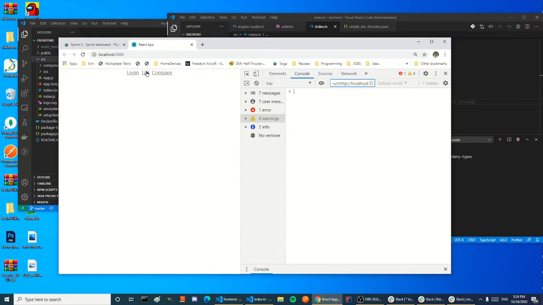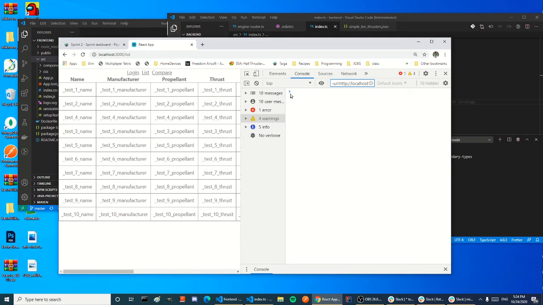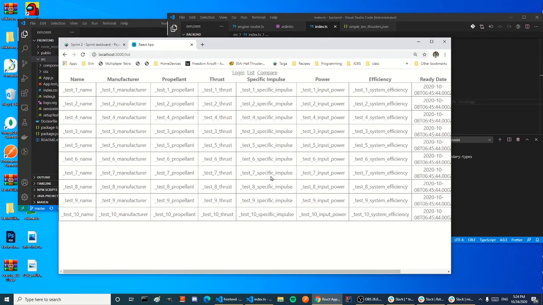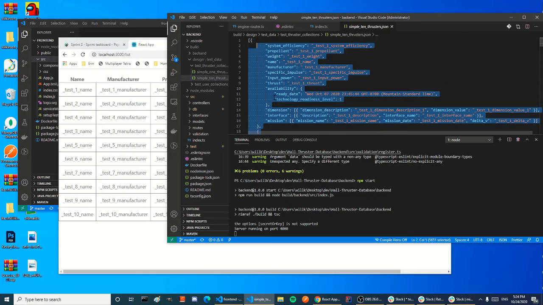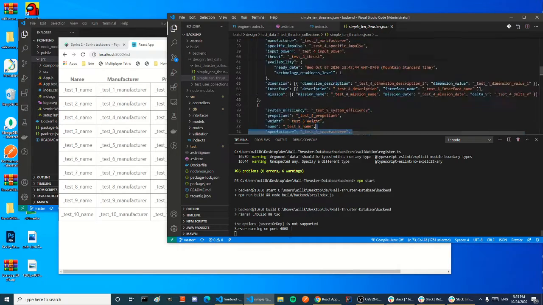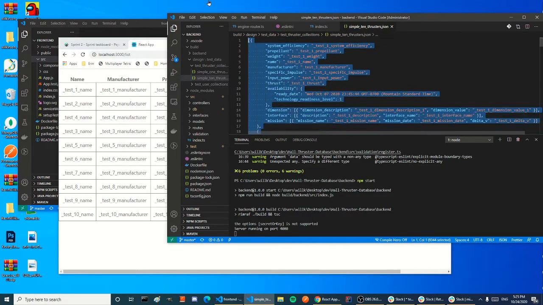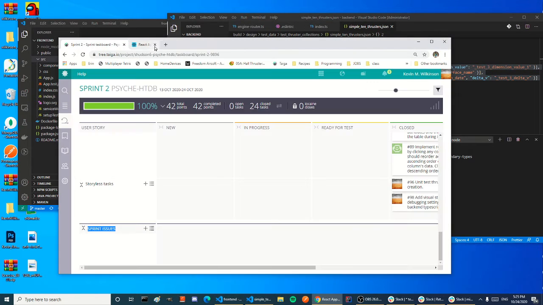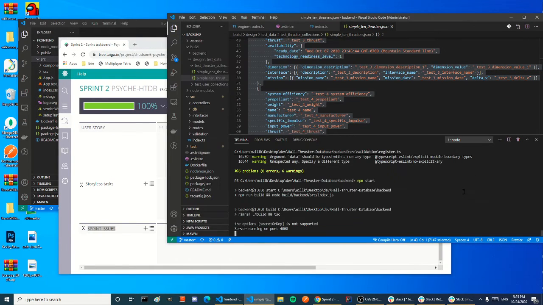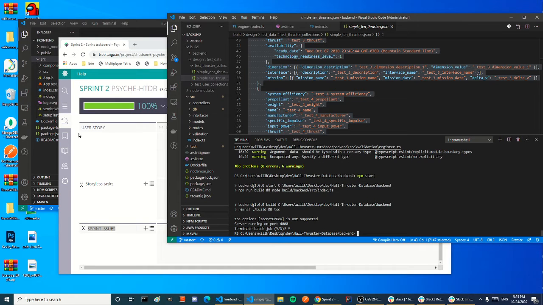Console log. We can go to the list. Sorry, we don't have a console log in it. So we're getting all the data from the backend. All the data is located in our thruster, which is instantiated with data that we've created here, and that is these. So that is working. I'm going to go ahead and get rid of